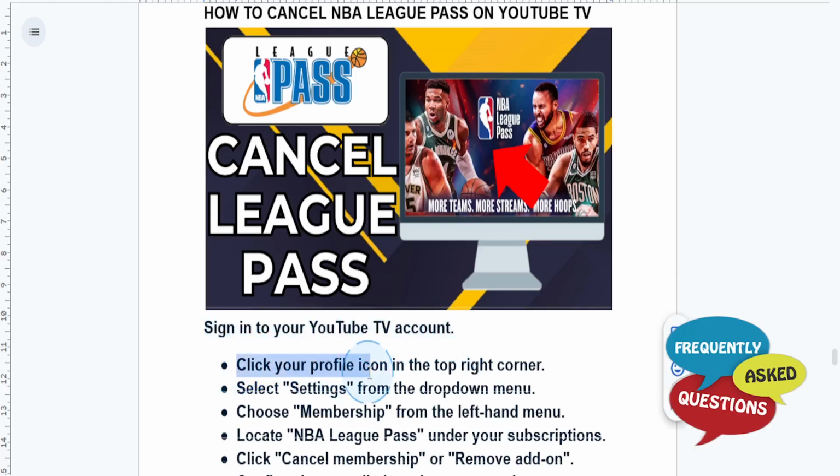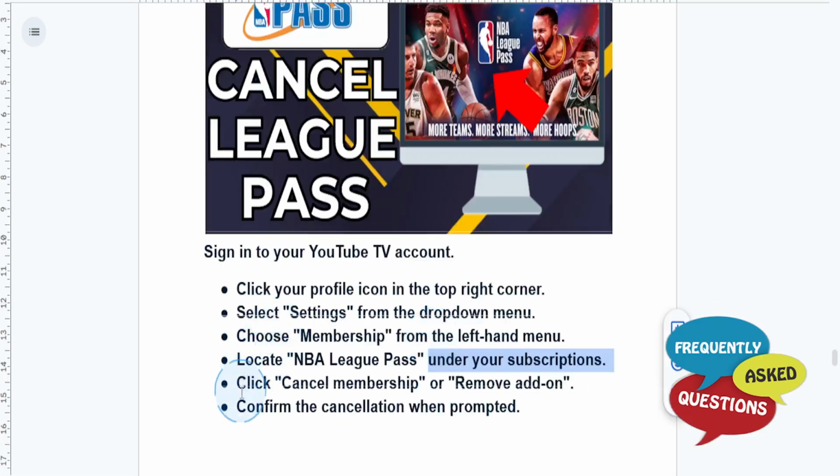So what you do is you click on your profile icon in the top right corner, and then you select settings from the drop down menu. And then just go ahead and choose membership from the left hand menu and then locate NBA League Pass under your subscriptions. Okay, and then I want you to go ahead and click on cancel membership or remove add-on,